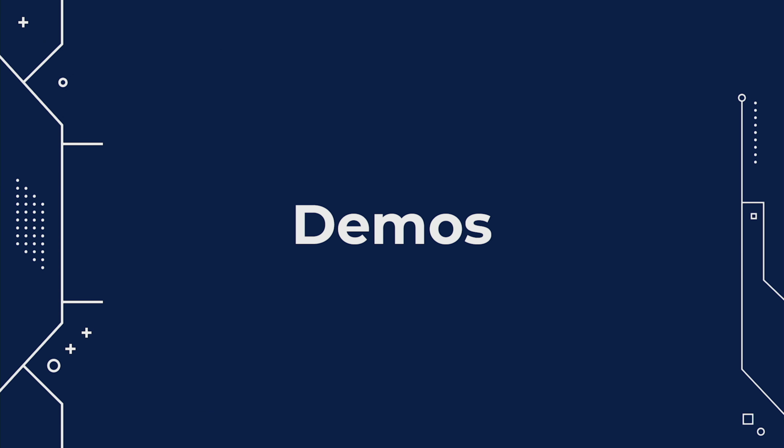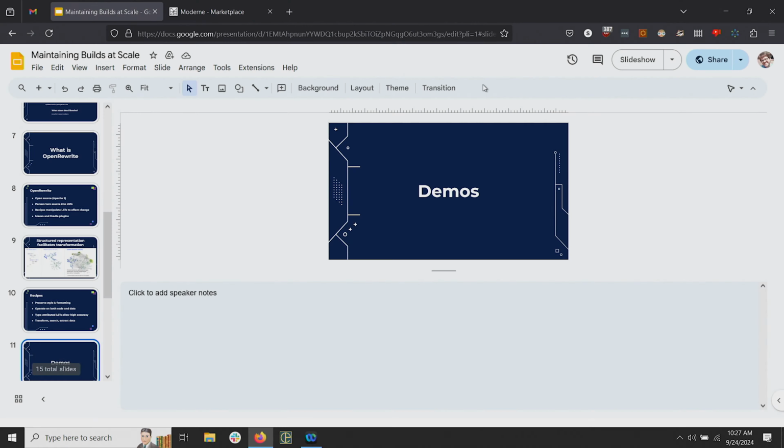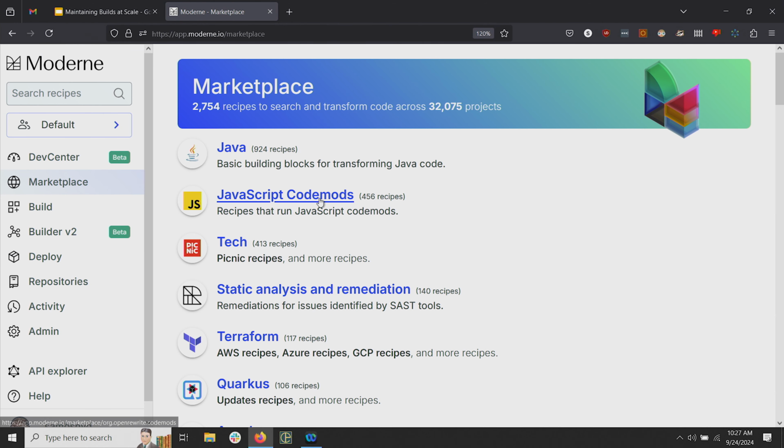Okay, so that's enough foundational stuff. Let's just start showing how this actually looks in practice. So I mentioned that there's open source Gradle and Maven plugins for running recipes. So everything I'm going to show you today, you can do with your build tool, but I'm going to be using, because it looks better on a screen, demos better,